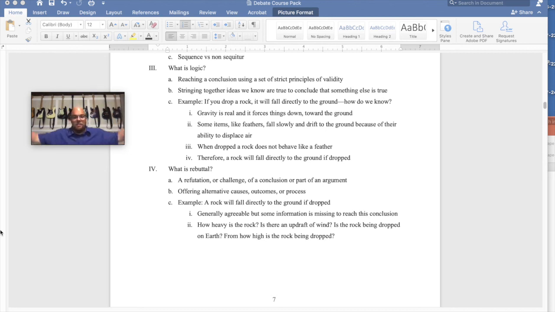Again, if it's a massive boulder and you throw it, maybe it will go straight down. But if it's a rock the size of your hand or smaller, it probably will be impacted and changed by the air. So while we can say this is probably right because we know some things to be true, and we're going to apply those and make this conclusion, it's not foolproof, right? There are some exceptions to these rules.